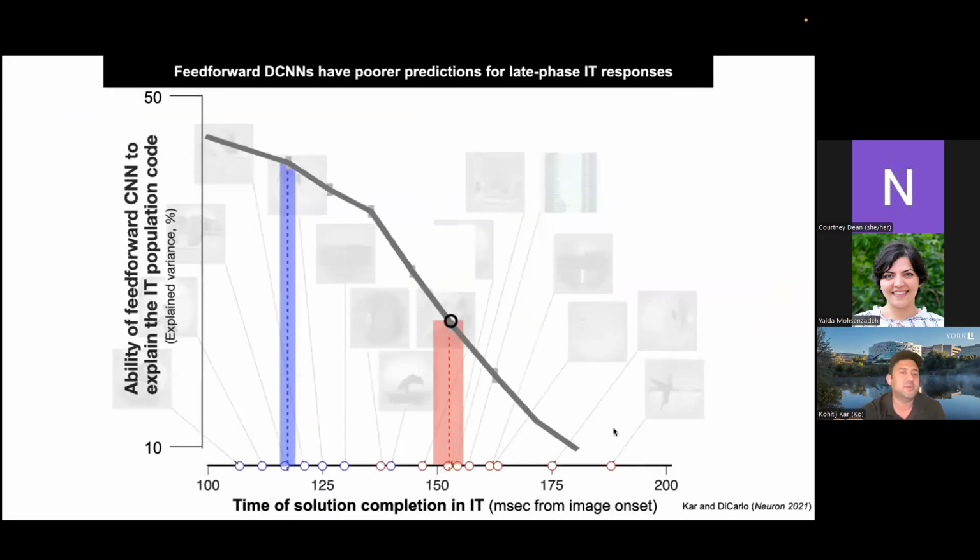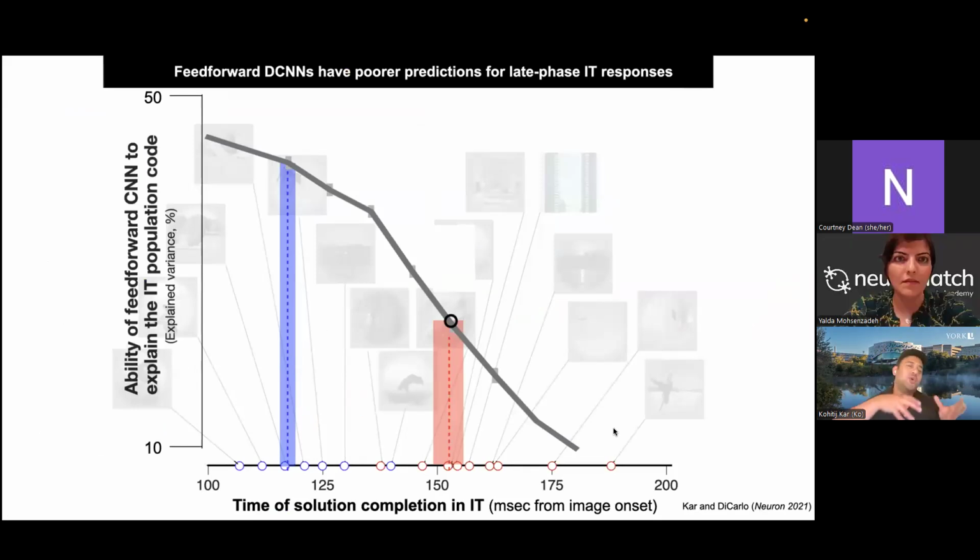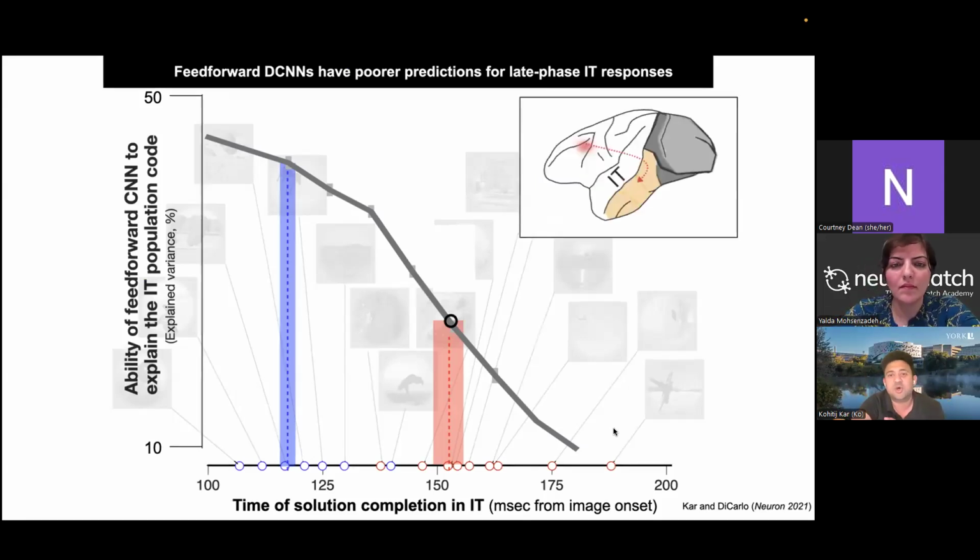The other interesting thing which we observed: I also showed you this result where feed-forward models were predicting early responses better than late responses, right? So what did we actually do in the PFC inactivation, the silencing experiment? What we think we did was we turned down the feedbackness, the recurrency, of the model, sorry, the monkey. So in some way, we made the monkey a little bit more feed-forward like.